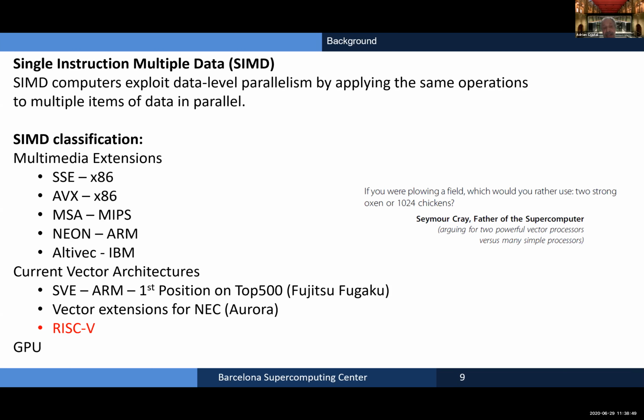Also, we have the vector extension for NEC, in particular the last model, Aurora, that also has a very long vector, 256 elements, by the way. And what is this work? This is RISC-V. The other that can do something similar, single instruction multiple data, is the GPU.